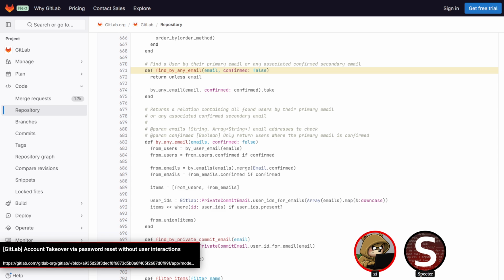And if you want to call it as a singular email address, that will call a function that then calls by any email with an array of the input value. That way, if you pass an array, it's going to be an array inside of an array and should be caught because it's not the right type. You still benefit from having that authoritative function. You don't want to duplicate basically the same code across multiple functions, but I would want to argue that it's better to separate it out.